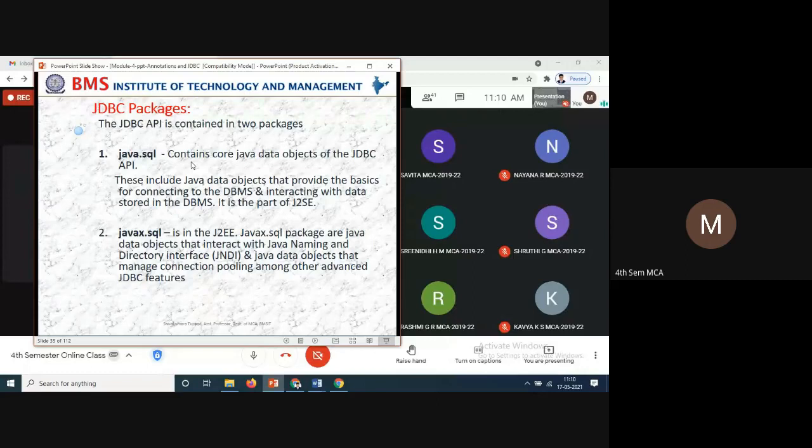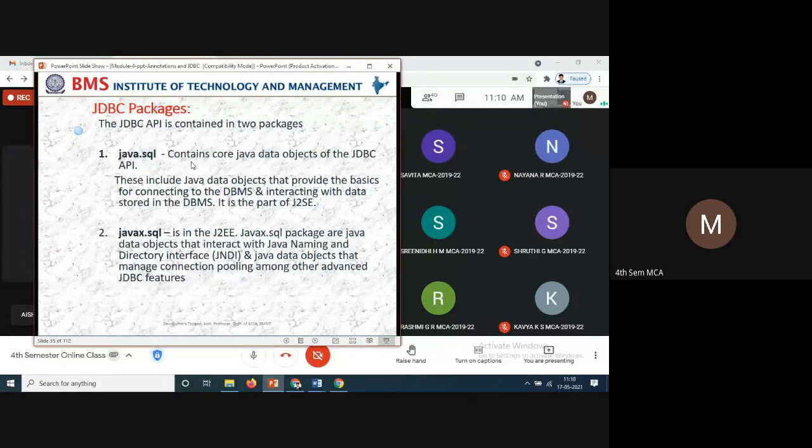The java.sql package is required for the data objects that provide the basics for connecting to the DBMS. Once you include these classes and objects, they provide the basics for connecting to the DBMS and interacting with the data stored in it. It is part of the J2SE.